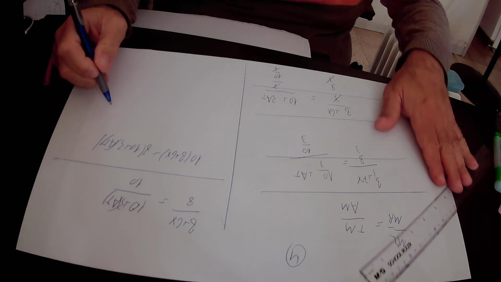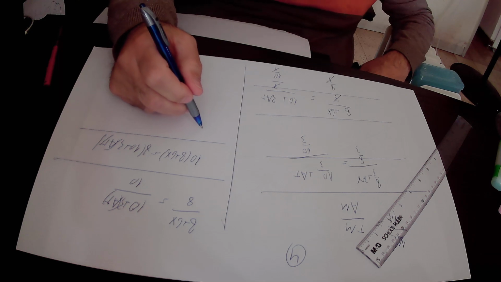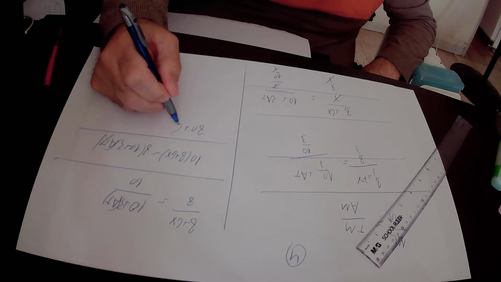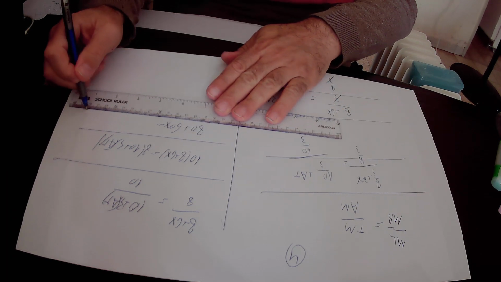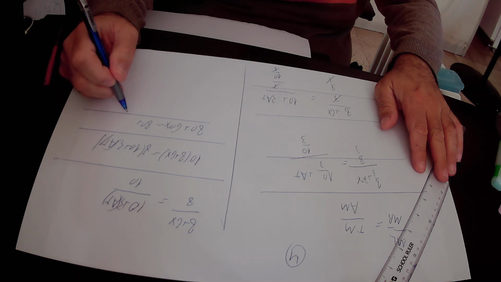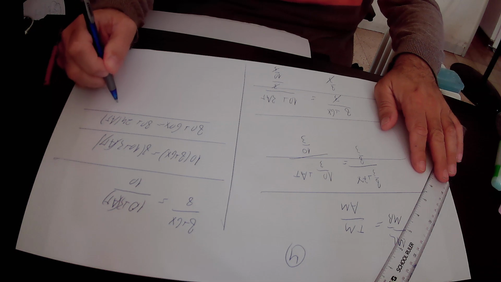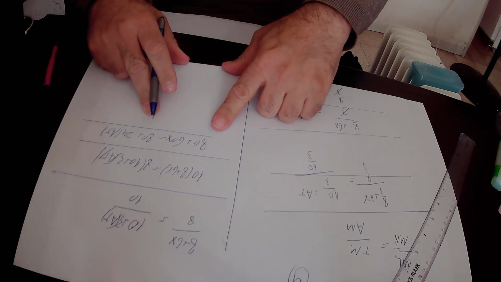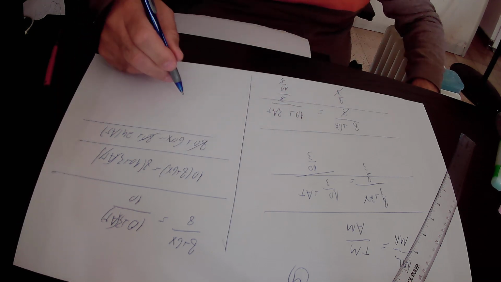Here we'll open the brackets on both sides of this equation and we get that 10 times 8 is 80 plus 10 times 6x is 60x, and it is equal to 8 times 10 is 80 plus 8 times 3AT is 24AT. So here we have 80 on both sides of the equation, so 80 will get cancelled, and we're left only with 60x,